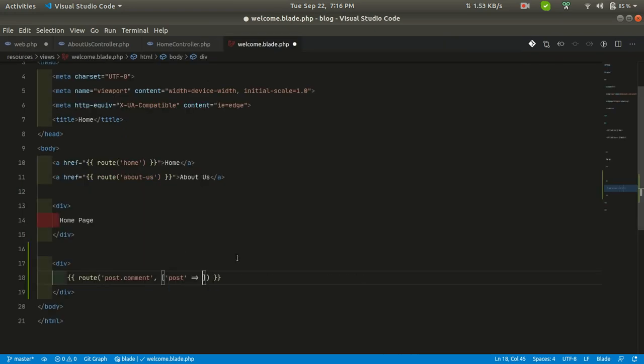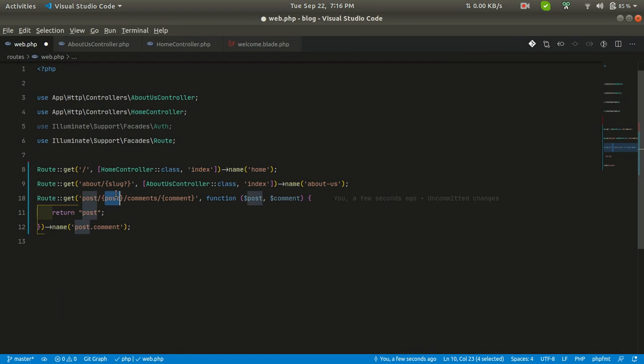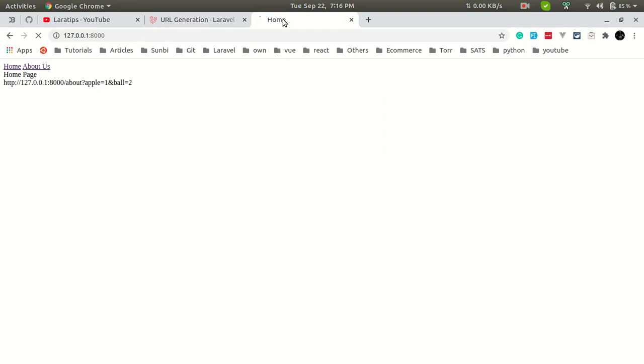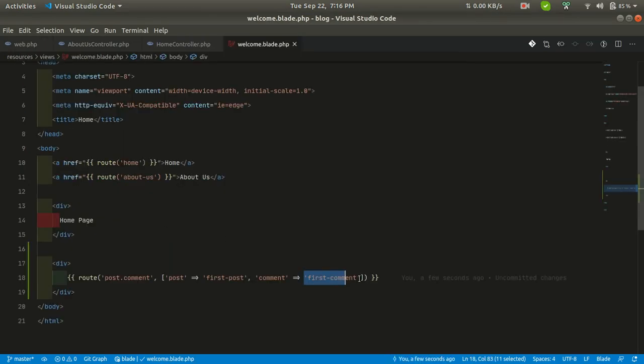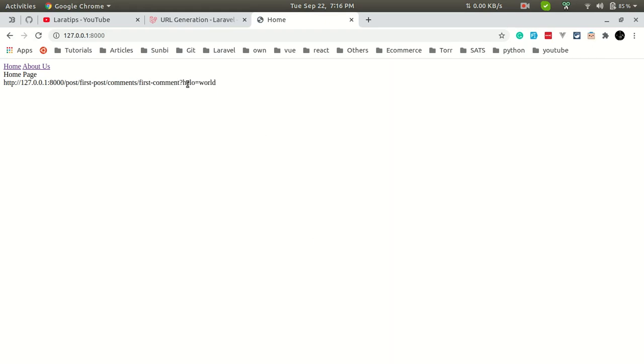Let's say the post as first-post, and comment as first-comment. If we pass it like this, then this first post will be inserted over here and the first comment will be inserted over here. Let me go ahead and refresh the page. You can see here the first post is over here and first comment is here. And if we pass any other extra parameters, it will behave similarly and append them as query parameters.